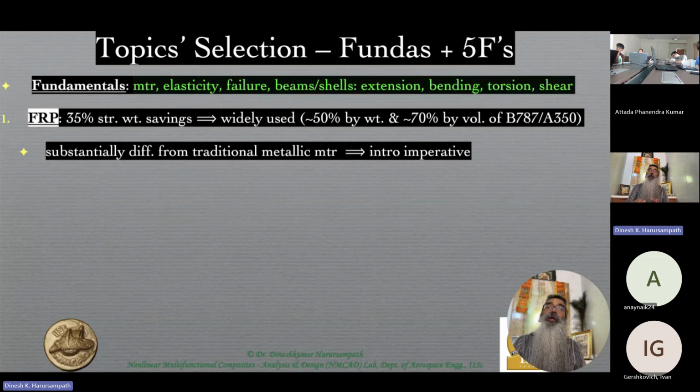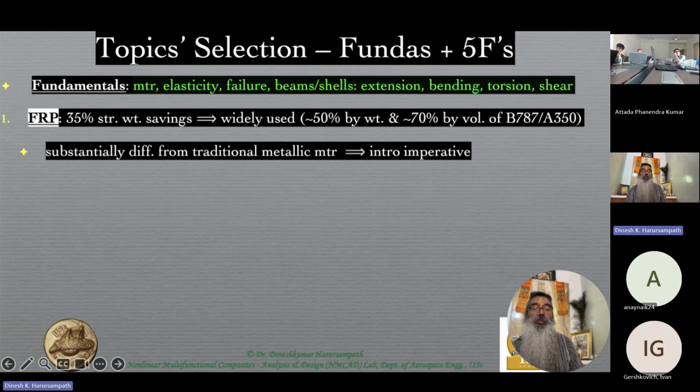Exact percentage of that and how it has changed historically, we will look at graphically, using certain graphs as we go forward. But right now, it suffices to understand that it's not a trivial kind of weight saving of just 1 or 2% that you're looking at. You're looking at as high as a 35% weight saving in the overall structure, which is why you see